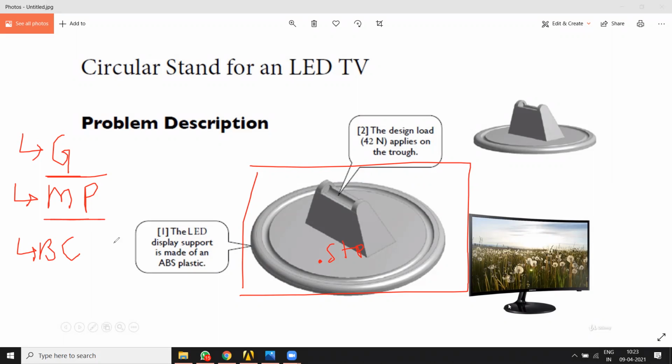Then material property. The stand is made up of ABS plastic, ऐसा उन्होंने बताया है. It is made up of ABS plastic. The material properties for this ABS plastic are given in the problem statement, like E, Young's modulus, is equal to 2.62 into 10 to the power 9 Newton per mm square.